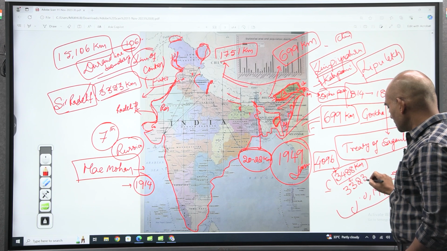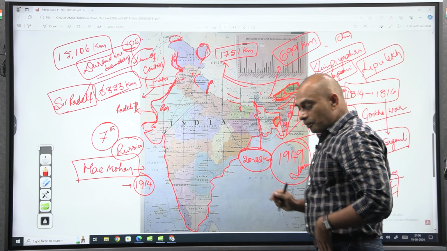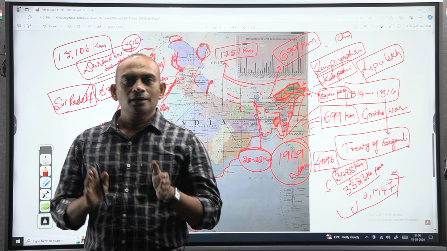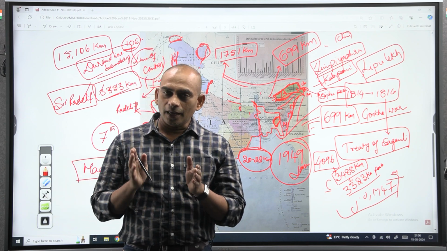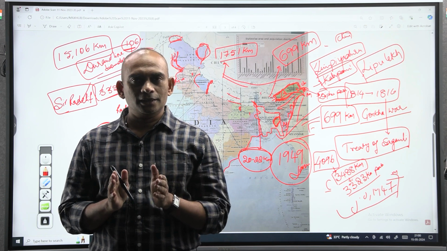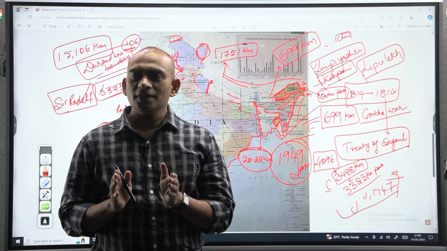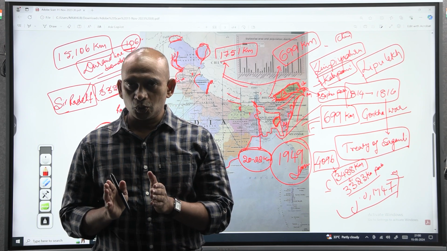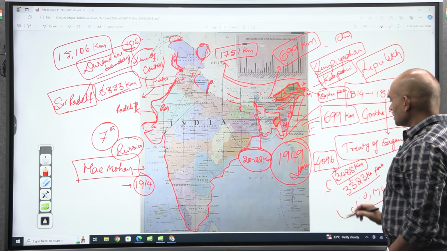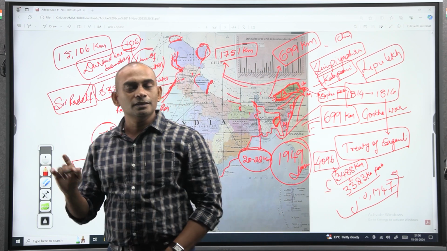Next highest, we are sharing with Pakistan, that is 3,323 kilometers. The boundary which India shares with Pakistan is the Radcliffe boundary. Along with that, the Jammu and Kashmir and Ladakh Union Territories have a different name, that is the Line of Control. Okay, so that is Pakistan. The next highest boundary India shares is with Nepal, that is